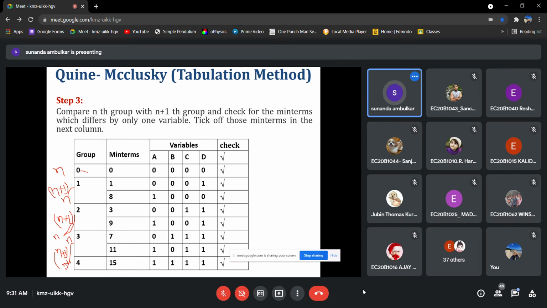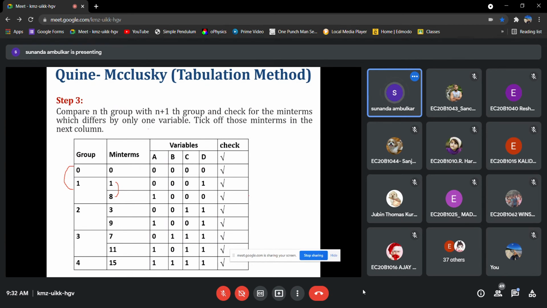Suppose first group 0. We will compare group 0 with group 1. In group 0 only one min term is there, but in group 1 there are two min terms. So we will check both the min terms and compare whether there is a difference in one variable.